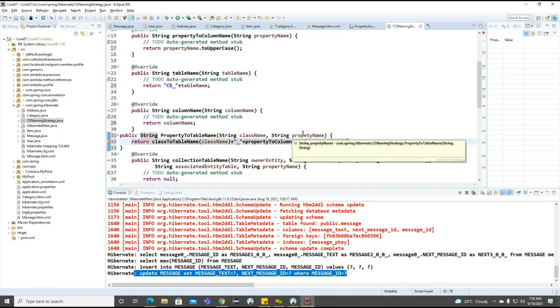Okay. So here we may show it here. Right. So this is the way we can call the property to table name here, and it is going to work on this information here.